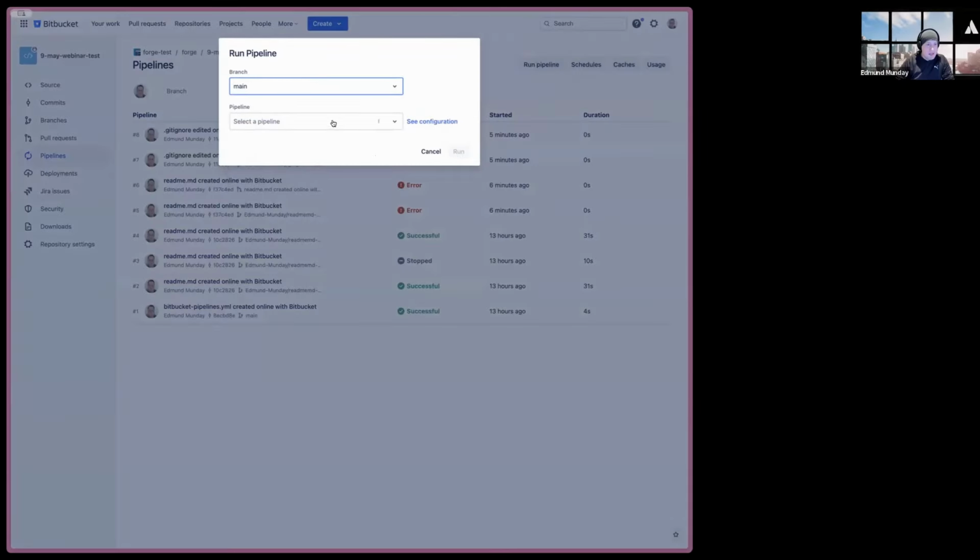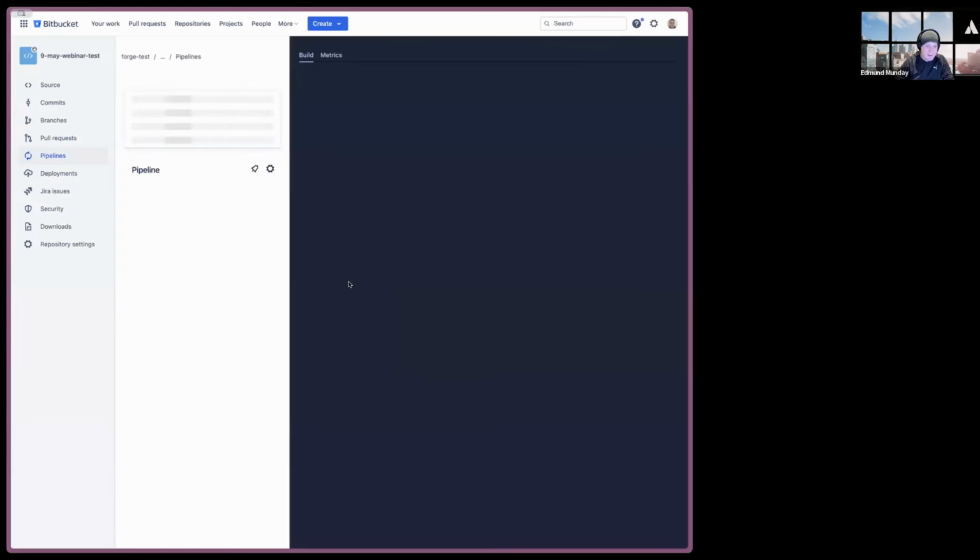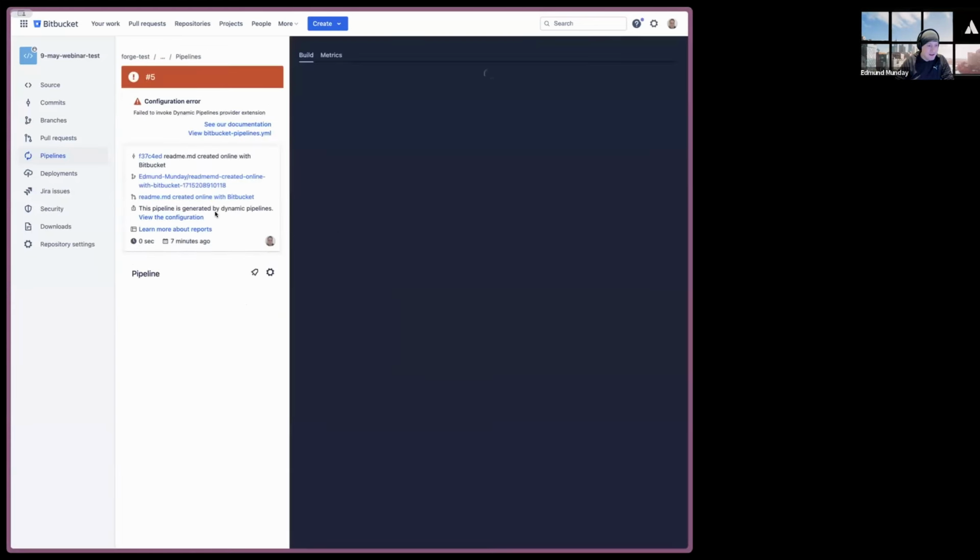Yes, that is a really excellent question, and it is one that we did think quite a bit about. So I'm going to go to one of these runs from 13 hours ago that did work, which was me testing it last night. I don't know what's happened since today. So that's saying failure to invoke domain pipelines because the current domain pipeline was broken. Good job, me. And so what we do when we execute the dynamic pipeline, we actually store the generated configuration